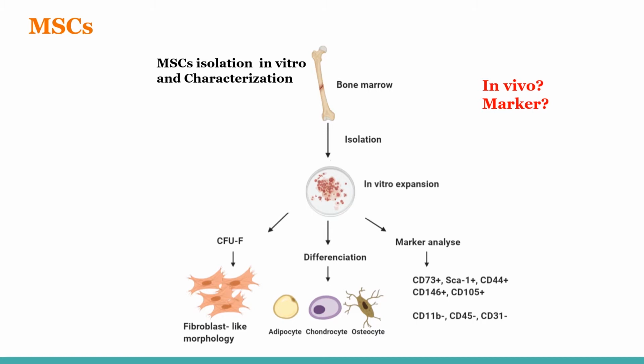CFU-F is a well-established method for the quantification of MSC from human bone marrow or other tissues. The clones of CFU-F represent stem cells and progenitor cells with no hematopoietic differentiation potential. So we can characterize MSC by their fibroblast-like morphology, or we can examine the differentiation potential or analyze the markers to identify the MSCs in vitro. But in vivo, we don't have a specific marker for isolation and identification